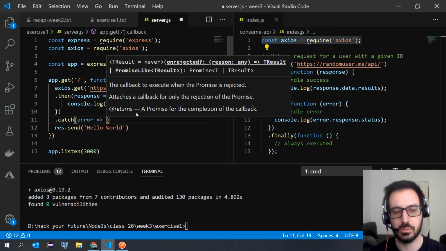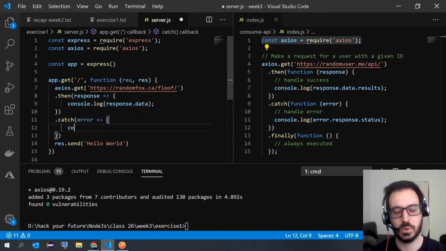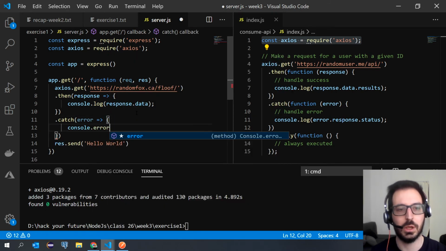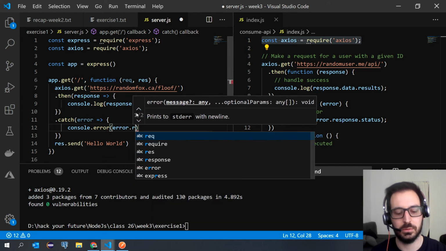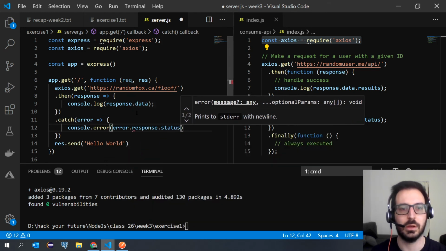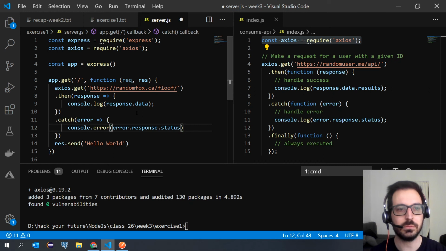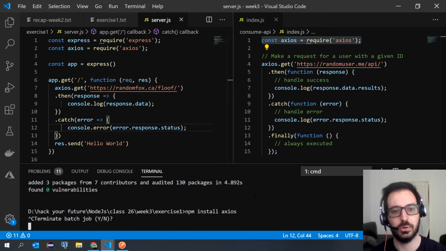Now, when an error comes in, we're just going to log it to the console. We cannot do anything about this error. It's outside of our hands. We're just going to log it and move on. So let's say error dot, again, the status. Okay. Now, if I run this, oops, wrong command,